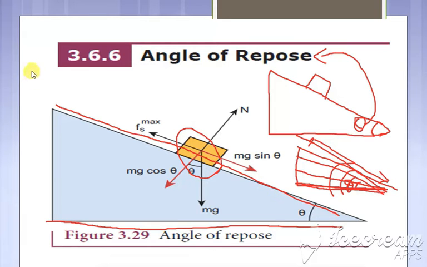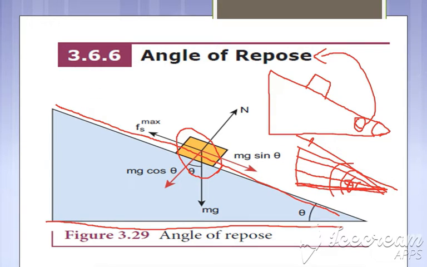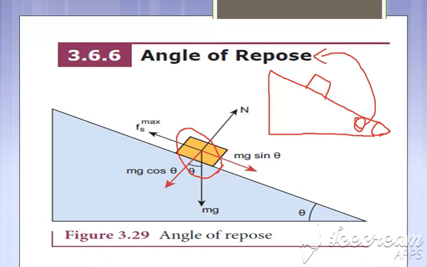First condition: suppose this is a small value of theta. For a small value of theta, you place an object here. Will it slide down fast? No, it will slide only if you push the object. Next, you increase the value of theta. At one point, when you place the object, it slides down at a faster rate, and that angle is called the angle of repose. So that gives you the definition of angle of repose.